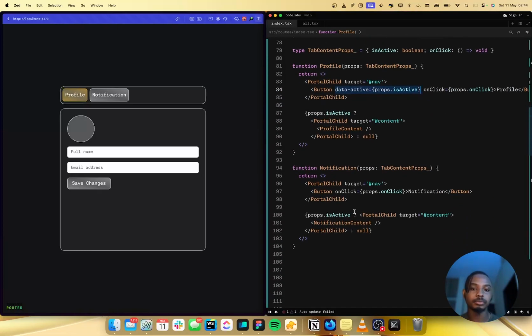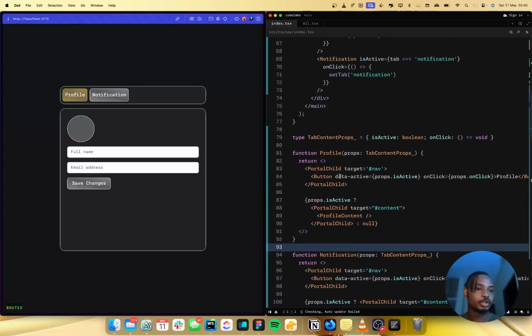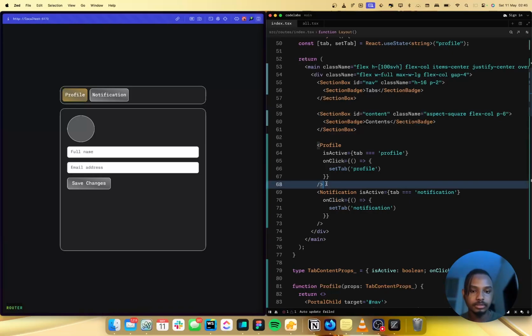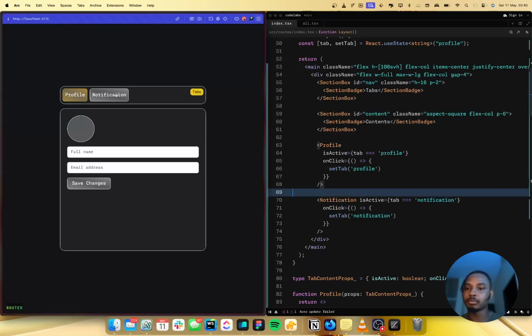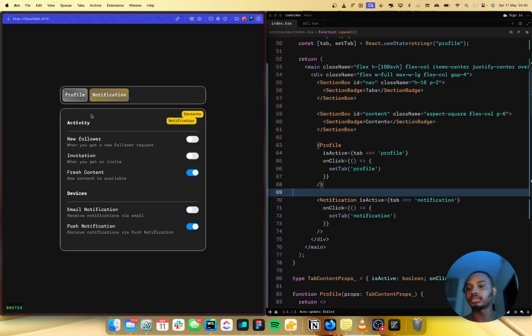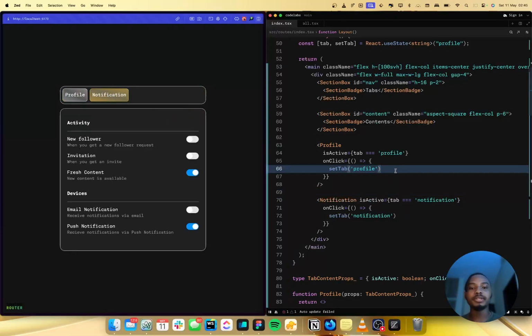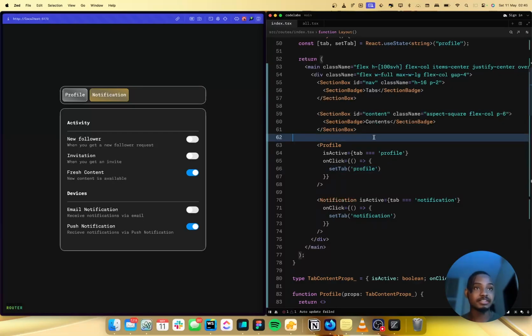I would copy that as well and paste it in here. So it's time to give it a test run just to see if it works. If I click on notifications, I see notifications. If I click on profile, I see profile. So we've basically achieved the same result and functionality as the basic